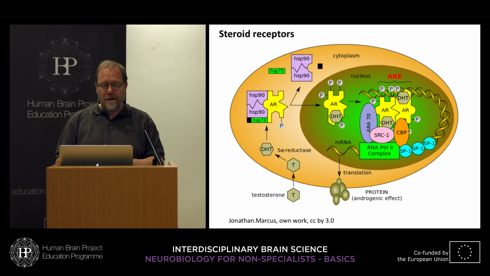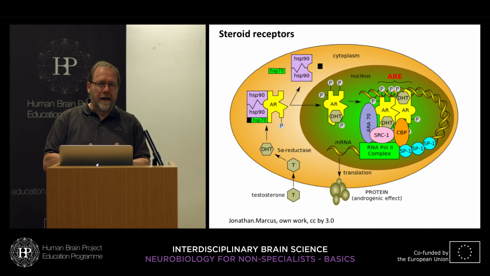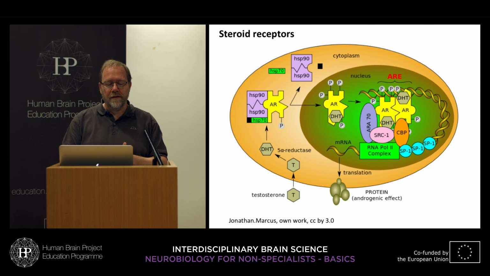And the other class which we have to look at is so-called nuclear receptors, steroid receptors. So these receptors basically have no direct metabotropic function. So they are not directly involved in neurotransmission, but they regulate gene expression. So basically what we have here is signaling which goes directly to the nucleus and directly involves mRNA synthesis. In this case, what we see here, it's a testosterone receptor, so a steroid receptor,